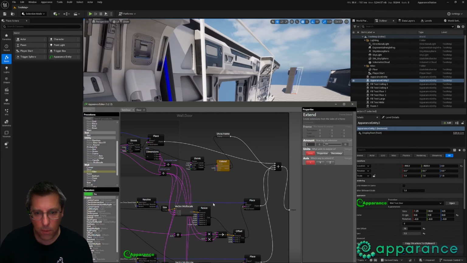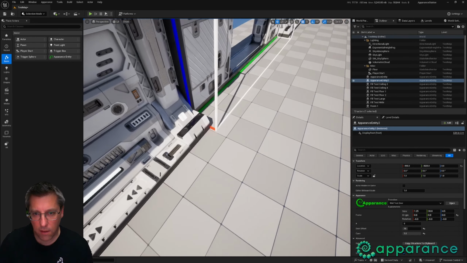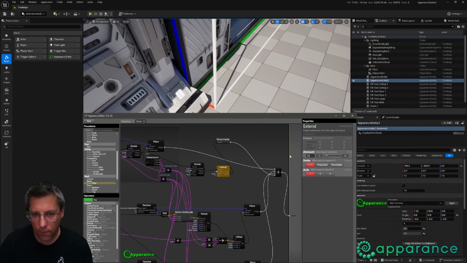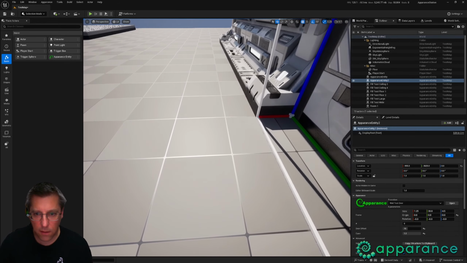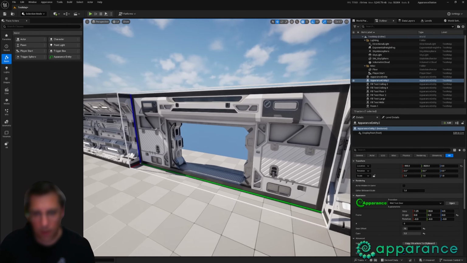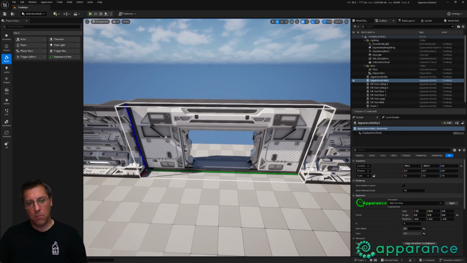I reckon that's probably 0.75. Let's give it a go and see. 0.75. Bang! Look at that. Okay, that gives us a space to fill, and then the ceiling will be the same. So we need a bit of... it's going to be